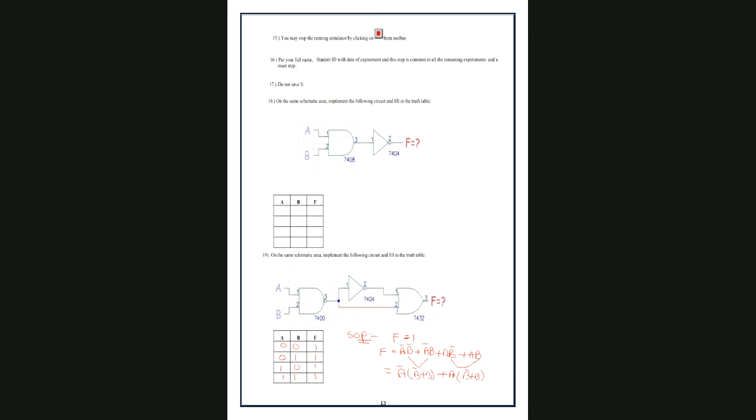So B bar plus B is 1, and this B bar plus B is 1.